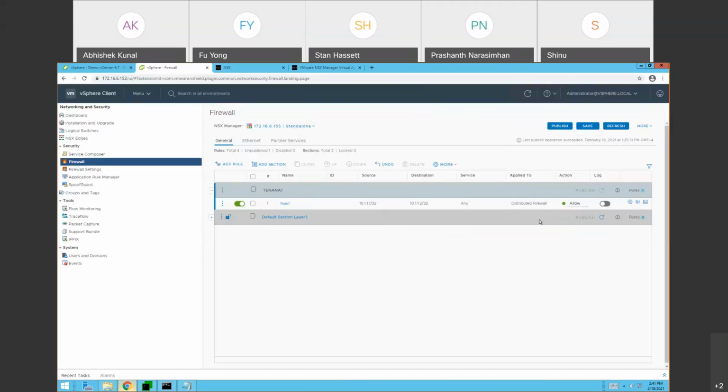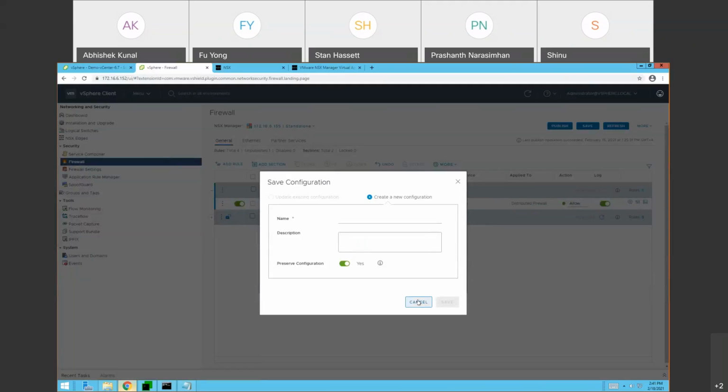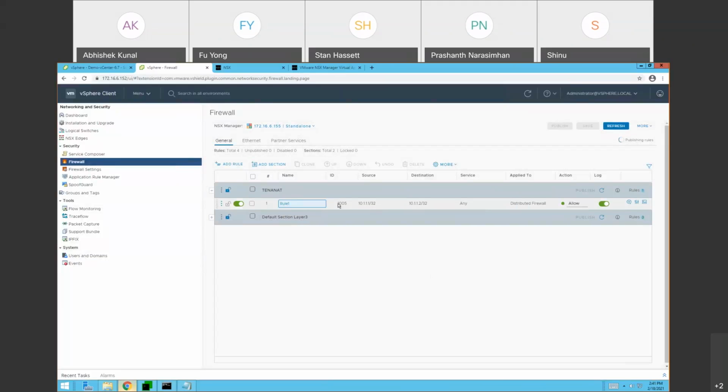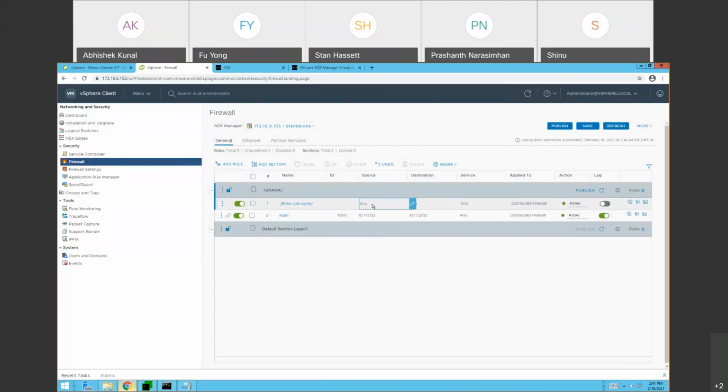So this is one rule. Obviously, I want to allow or deny traffic, and I want to log it so you can see the traffic and so on. I won't be able to generate the traffic at this moment, but this is fine. You can save, but I want to publish it. So this will be pushed at what level? At the ESX host level. Same way, let me add more rules. And this time, let me